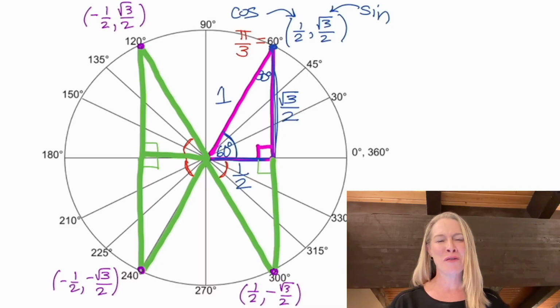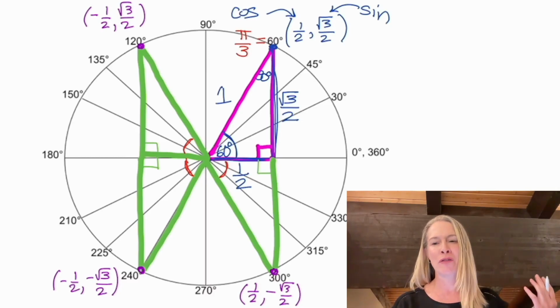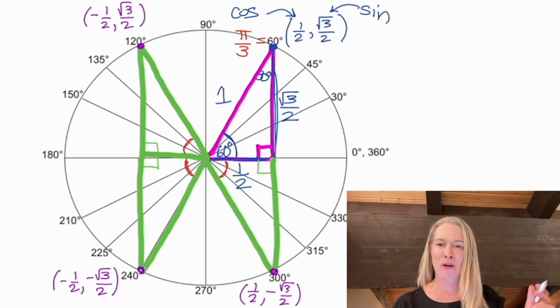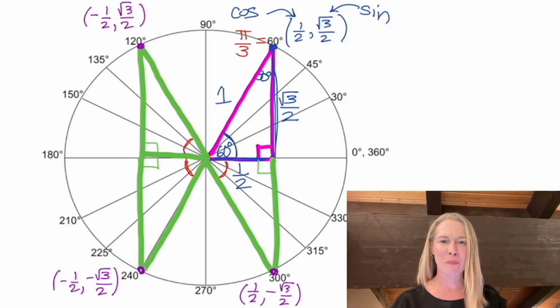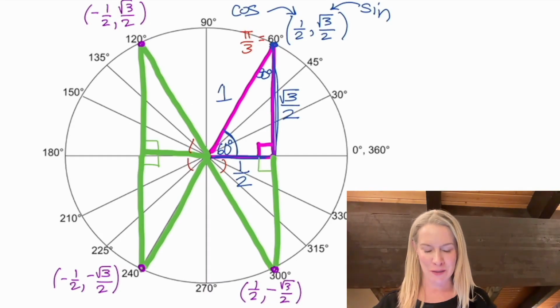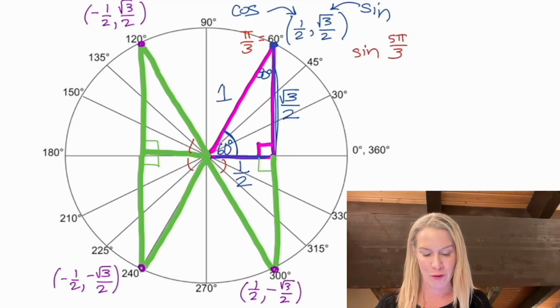I've drawn on the other three triangles with the reference angle of 60 degrees, and I've gone ahead and marked their coordinates where they hit the circle as well. And again, all the lengths: the short side is a half, the long side of the two legs is root 3 over 2, the hypotenuse is 1 in all of those triangles. When I marked the coordinates, I just marked appropriately which was negative and which was positive, depending on what quadrant they were in. So if you're asked, for instance, to find the sine of maybe 5 pi over 3,